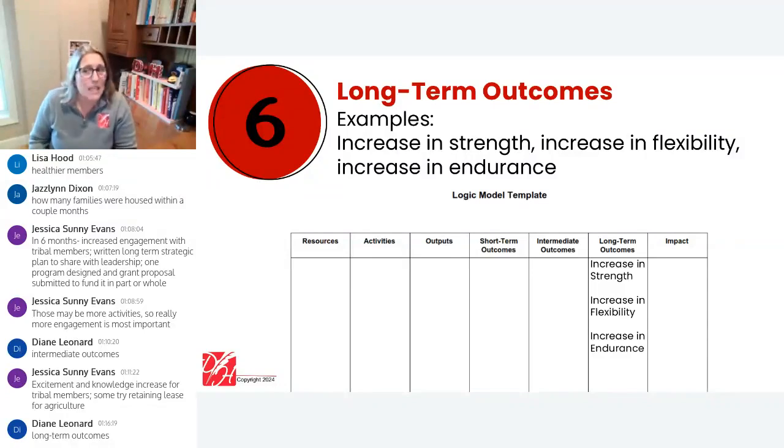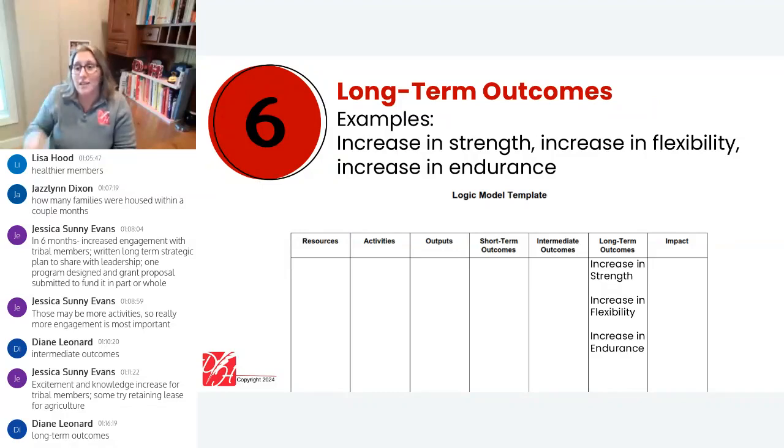And I believe that they would report, and we would be able to check against their initial baseline, that they were more flexible. And I believe based on our practiced wisdom that they would be able to report on an increase in endurance for cardio activities. Will we be forced to find those participants and ask these questions? Depends on the grant, the length of the grant, and the money they're giving for evaluation. But we feel confident this is going to happen, even if we're not going to go do the measurement.